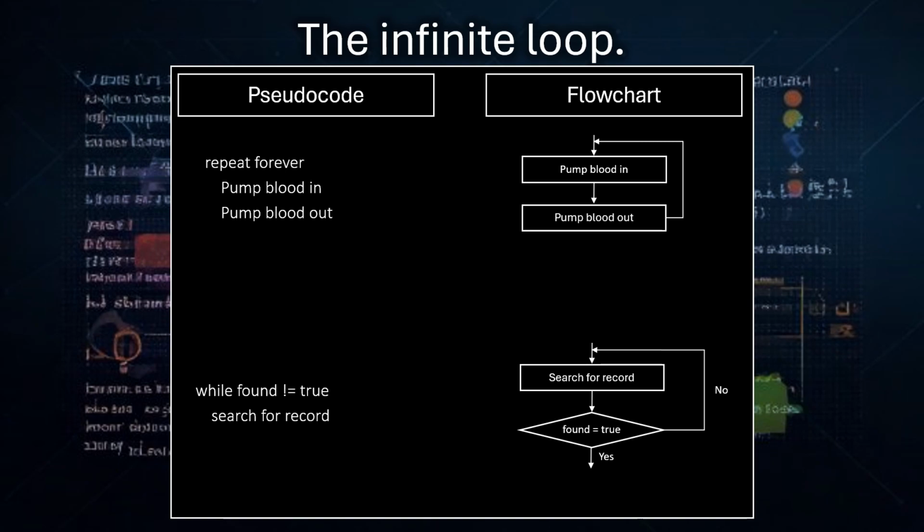Notice how the pseudocode does the same process but in a slightly different way from the flowchart. Here the algorithm continues to look for the record while it is not found. Note, the exclamation mark and equal symbols represent when something is not equal. The flowchart, on the other hand, asks the question, is the record found, and if it isn't it continues to